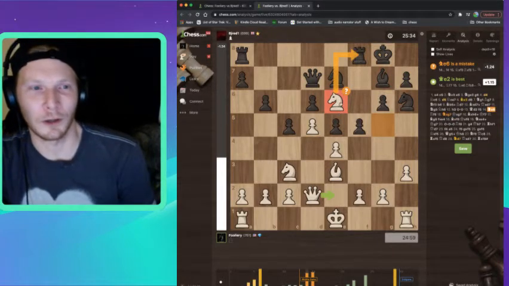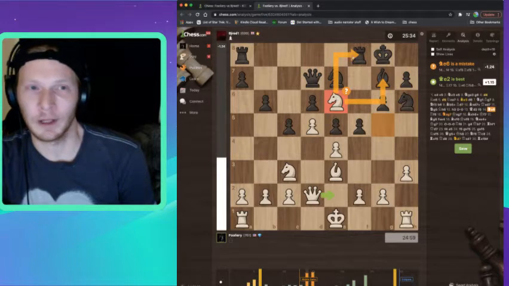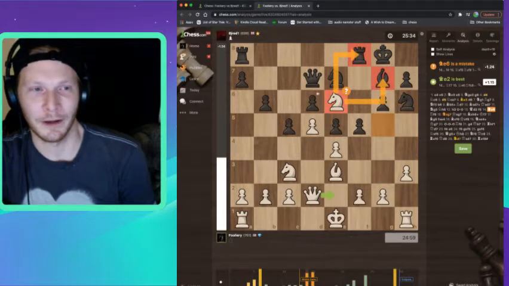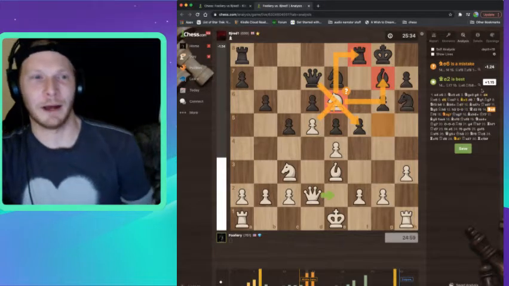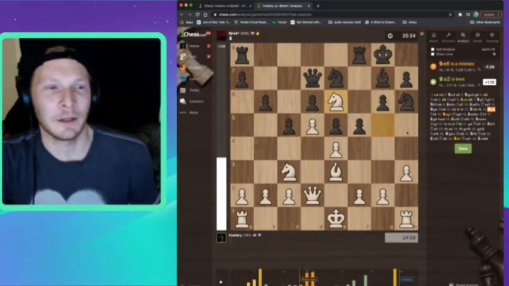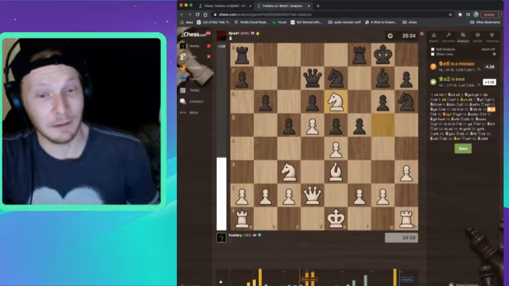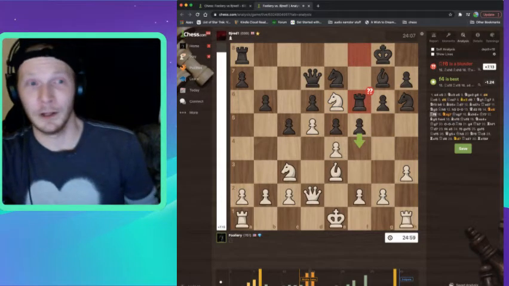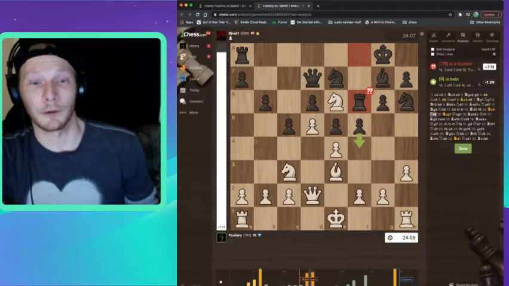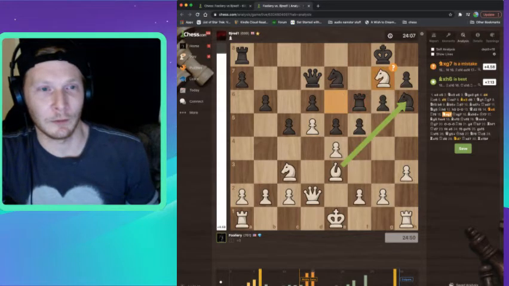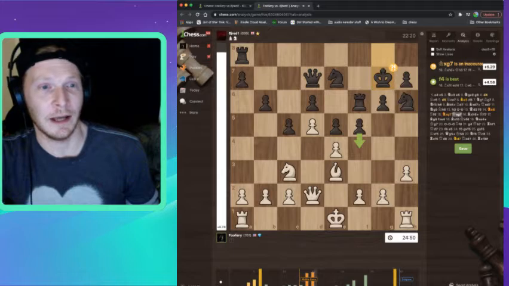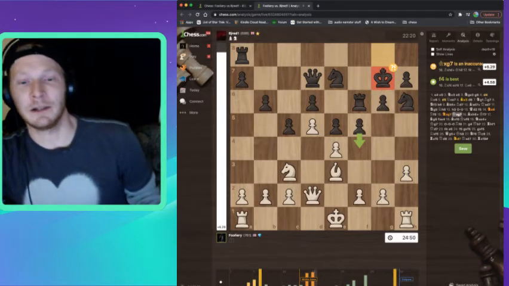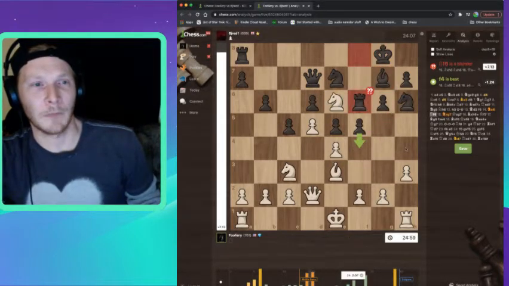I'm targeting his rook. I'm forking his rook and his bishop. The only thing they can take is the queen, which would just get taken back. And I didn't see what he could possibly do. And he didn't see what he could possibly do either, because he straight up blundered. When I saw that, I thought, absolutely, trade off for his final bishop. He takes, and the reason I saw this all before it even happened is